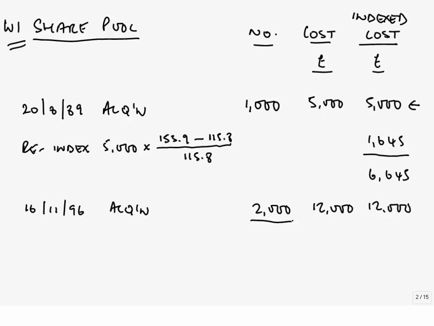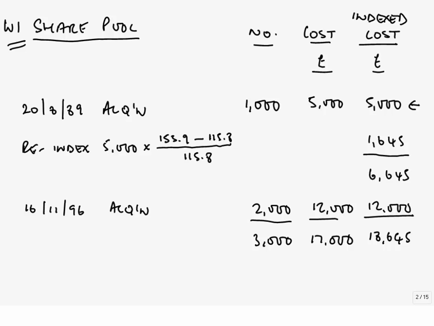And at that point, we need to get a revised subtotal that will now tell us that in November 96, following the acquisition, we had 3,000 shares in the share pool that in total had cost us £17,000 and at that date had an index cost of 12,000 plus 6,645, £18,645. So we have re-indexed the index cost figure from the last re-indexation, or for us here the original acquisition